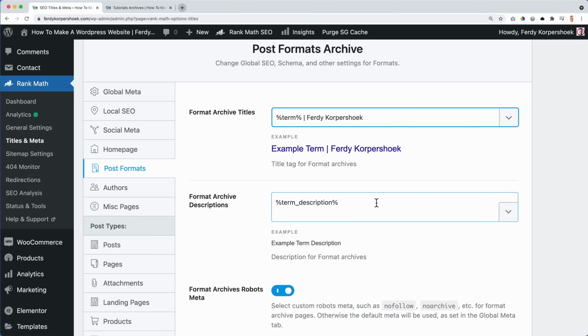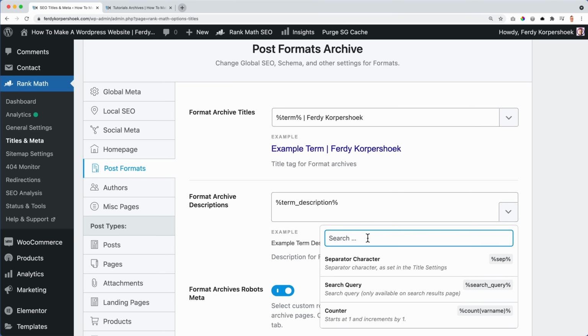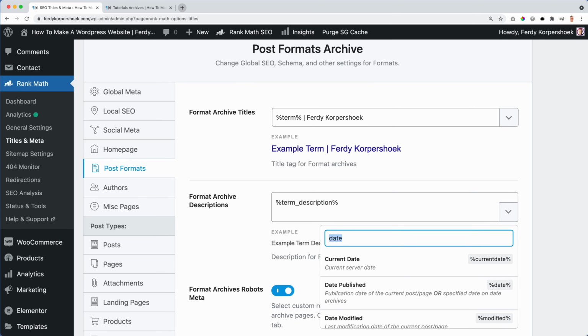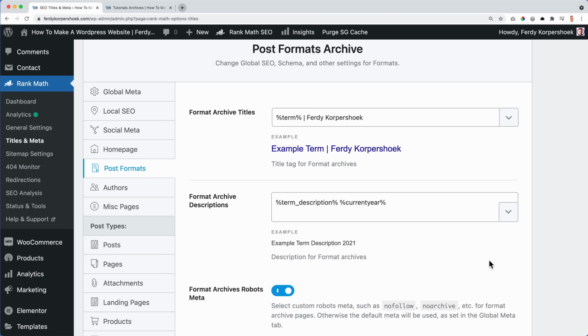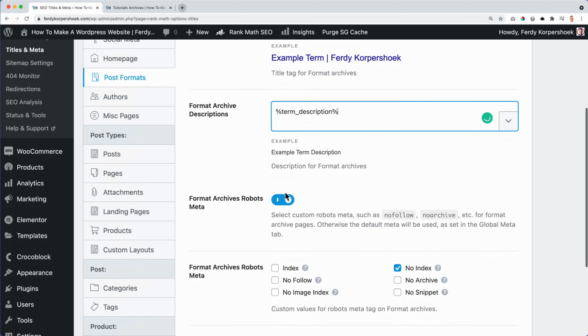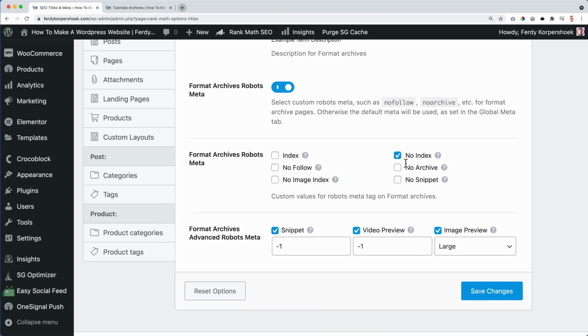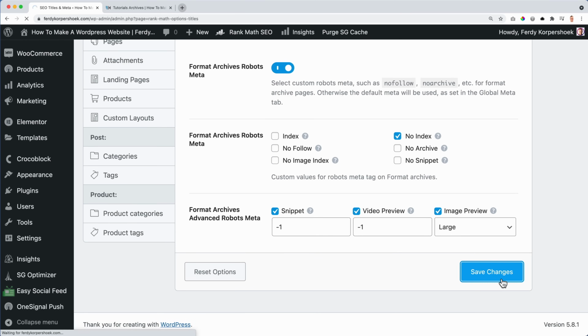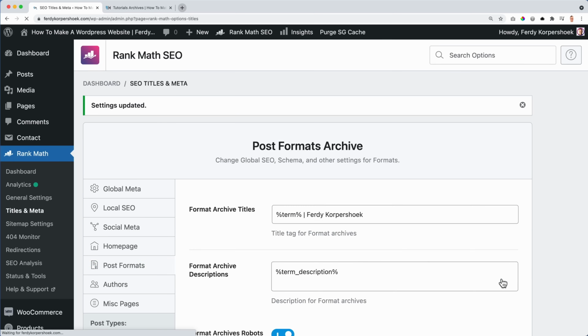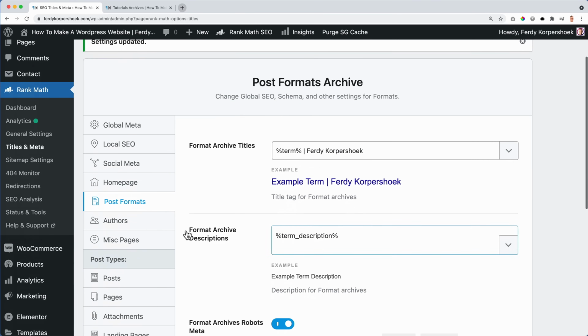Term description, well, that's what I want to have. And if you want something else with a date after it, for instance, date or year, you can also place that. But I leave it with this. Format archives robots meta, I turn it on. And also here, I leave it all as it is. Save the changes. It's a little bit boring, maybe this part, but it's getting better.